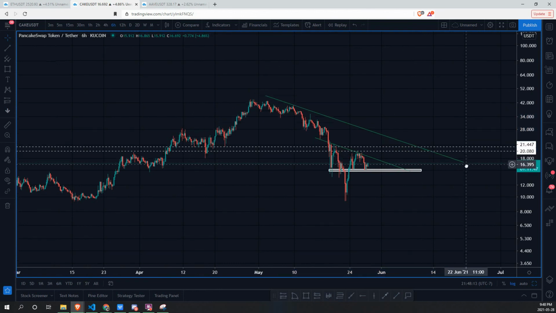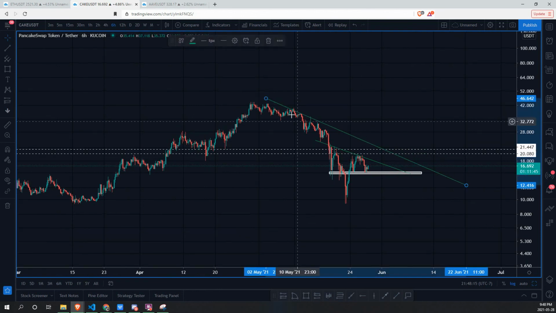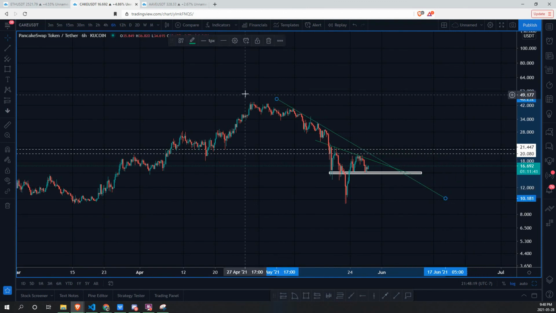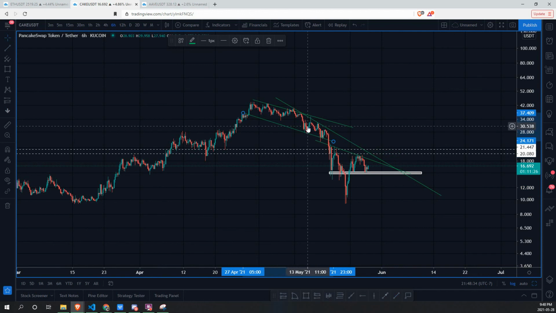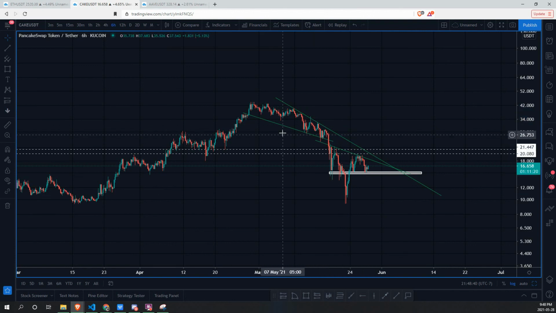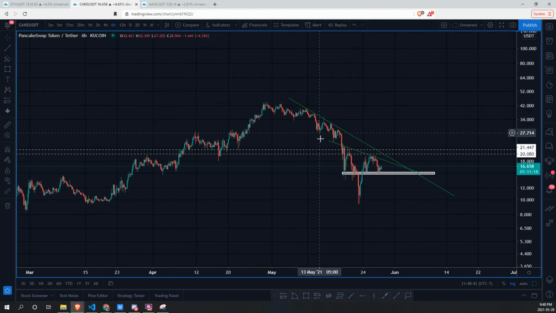inevitably you're going to get this break in this series of lower highs, although it's not absolutely beautiful. You could draw a couple descending zones, but this angle right here, we were getting this huge move to the downside. This is what I mean in that it's not absolutely well respected in terms of the move to the downside for Cake compared to BTC, where it's very, very well structured. So where you get a massive, just absolute dump. You don't want to see that, and we saw that in Cake.